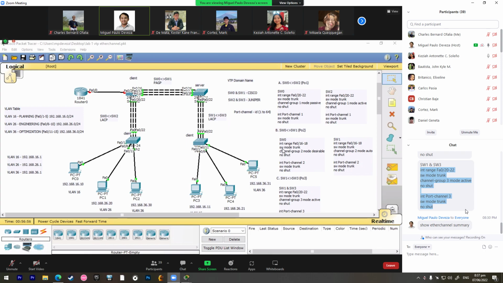Sige. Pakigawa itong config na ito. Paki-check mag-show run ka, Kisha. Then kindly check if this config is configured under port 18. Ito. Or